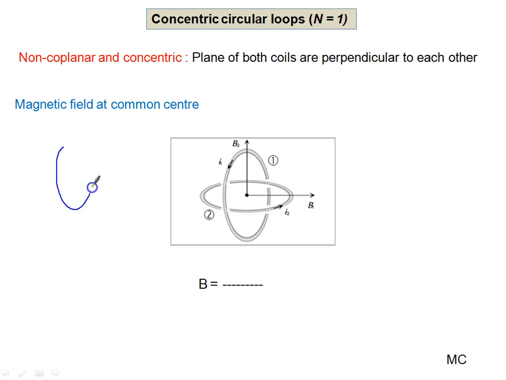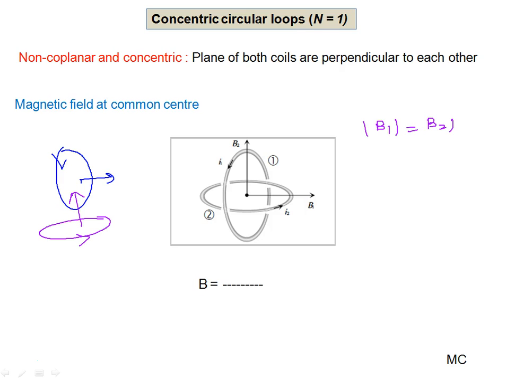If it is the first coil, the current is like this. Trace your right hand fingers along the direction of flow of current, and the thumb will point toward this side. In the second coil, let me change the color, this is the second coil. The current is like this, curl the fingers along the direction of flow of current, and the thumb gives the direction of the magnetic field. So I think it is clear to all of you, both coils have the same radius, same current. It means the magnetic field should be the same in magnitude, of course the direction is different. It is clear to all of you? Oh sorry, the current is different, then you cannot apply it.